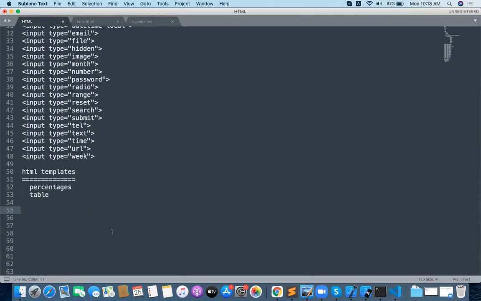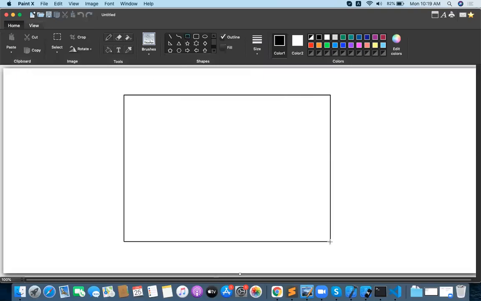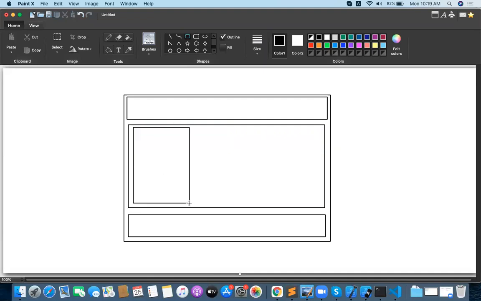Table template: how to design a template? For example, I will draw the picture. I want to design a page like this. I want to prepare the header like this, and a footer like this. I want to take a main division like this. Inside the main division, I should have a left division and a right division also. And inside the right division, I'll have a lot of components like this. This is like an image gallery application, whatever is required. Or I just want to take a center template like this, with a list item here.